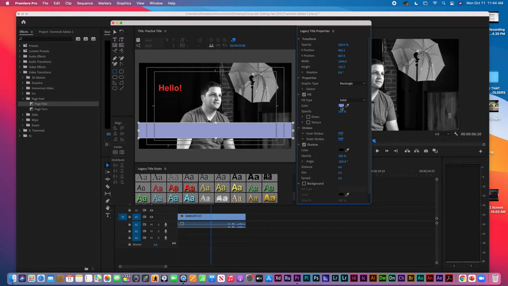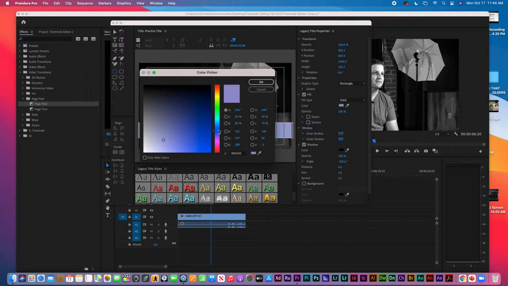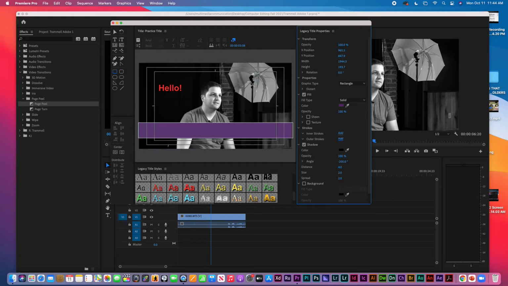So let me change that to, I don't know, I like purple. See if I can go purple. All right, so I'll make it purple for some reason. All right, so now my rectangle's purple, and if I want to change something else,